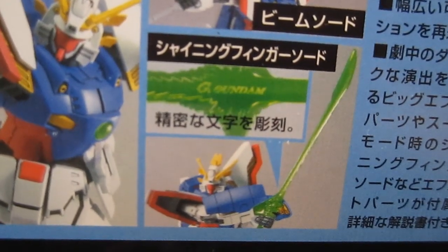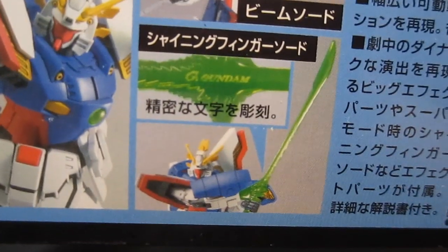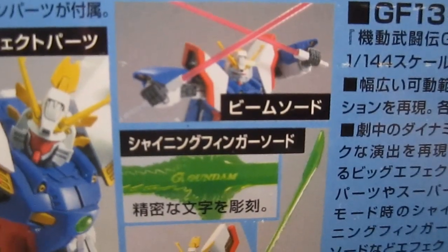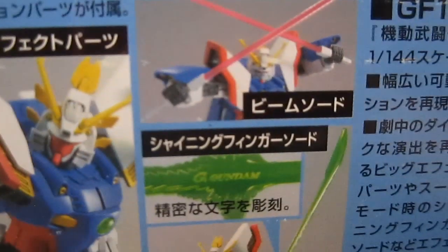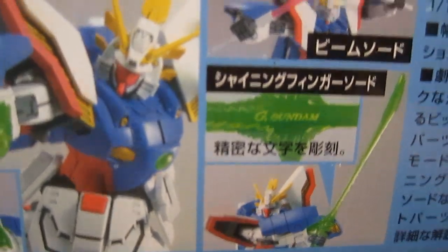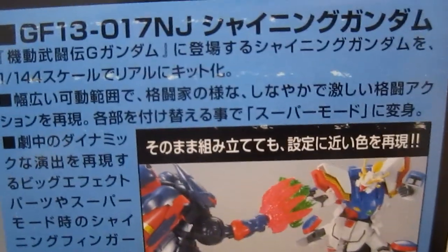G Gundam, and if you've seen the opening, you'll understand why that's so awesome. Whether you're going to use this green one all that often or not doesn't matter. It's great to have all these effect parts for something that really, the G Gundam series, the God and the Shining, they don't come with a lot of weapons, so any effect parts they want to throw in are pure